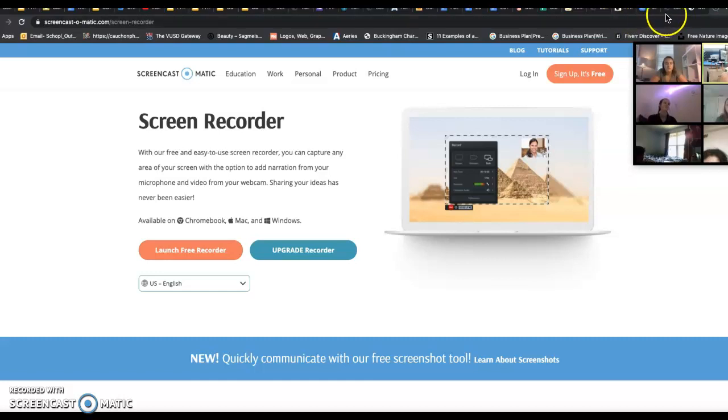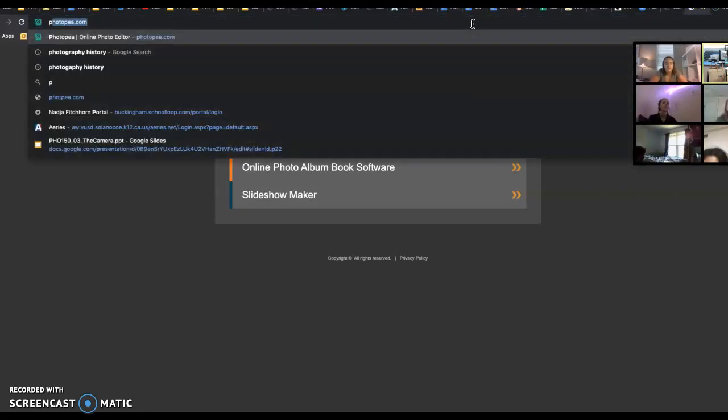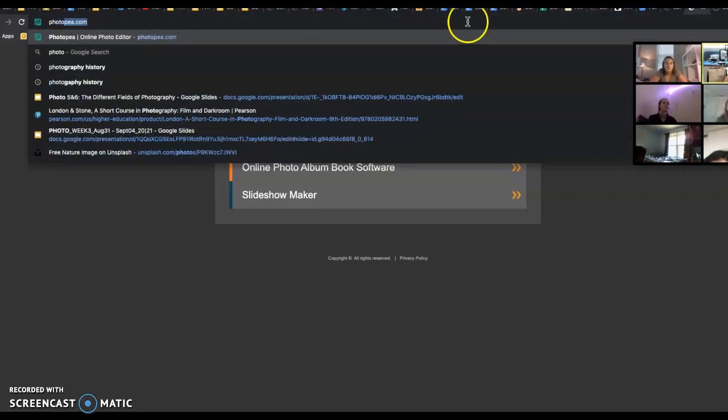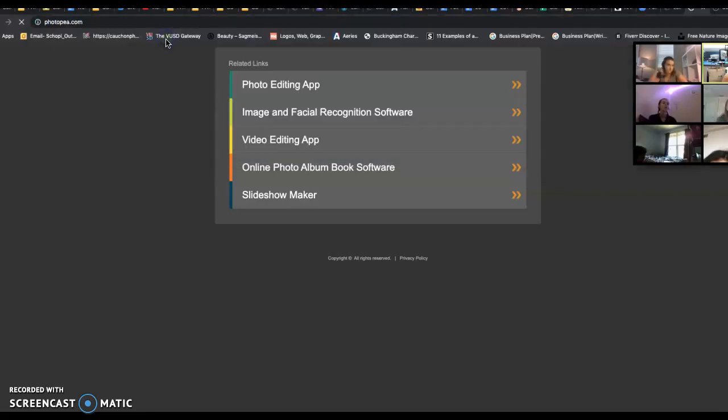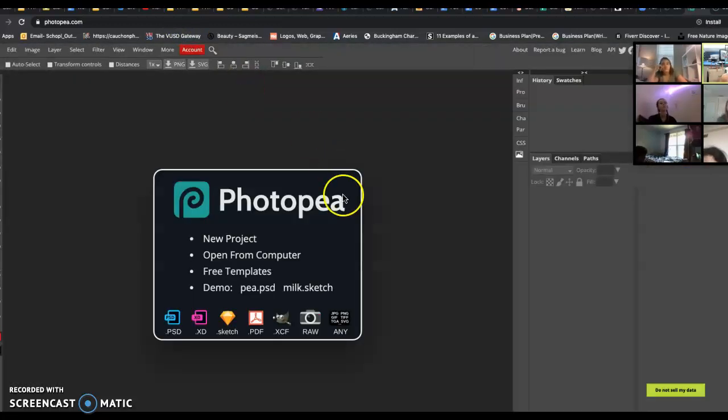I am first going to go ahead and access Photopea, and you guys should see that this is not the actual link for Photopea. Here it is right here, photopea.com, all one word. That's Photopea. So you should have your photos ready on your desktop and you should go to photopea.com. And you'll notice that